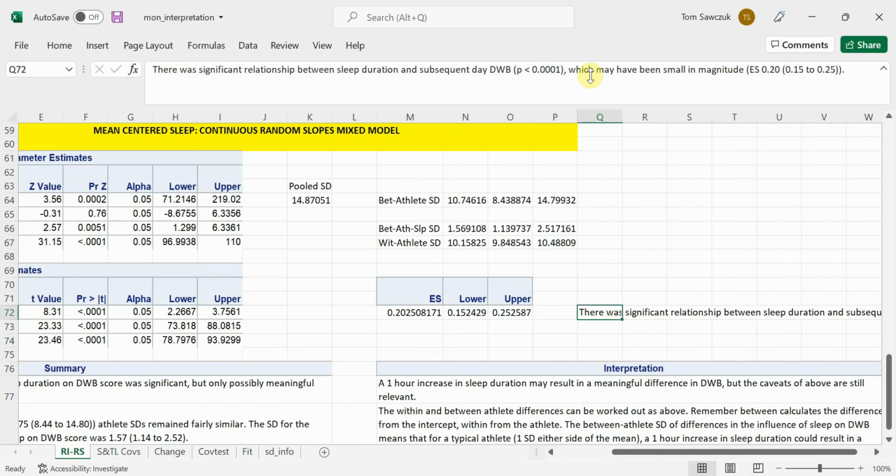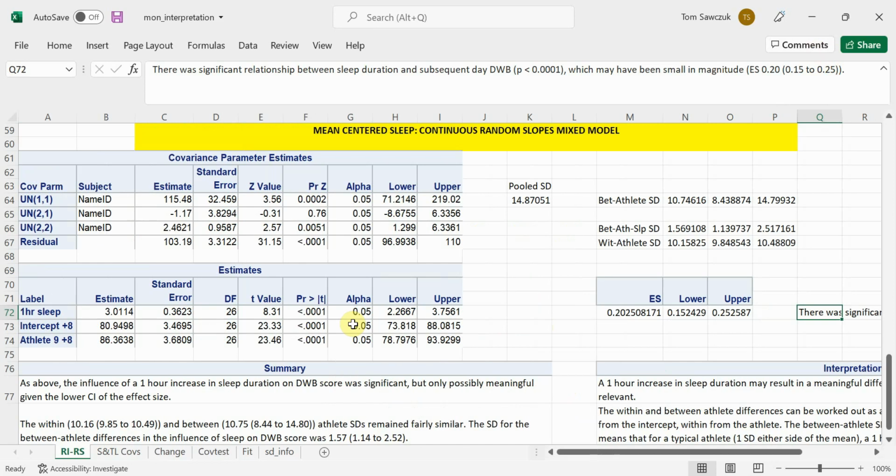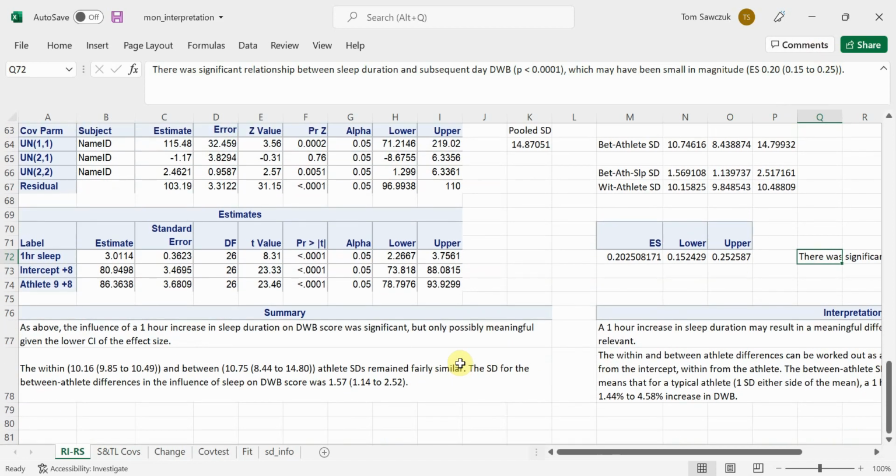And I've put that it may have been small in magnitude, because you can see that the confidence intervals are both sides of the border, and it's literally right in the center. So 0.20 is a small border, but when you can see it's 0.15 and 0.25, it's difficult to be fully confident that the effect was actually small. And we'll come on to the intercept and athlete 9 in a second. So as above,